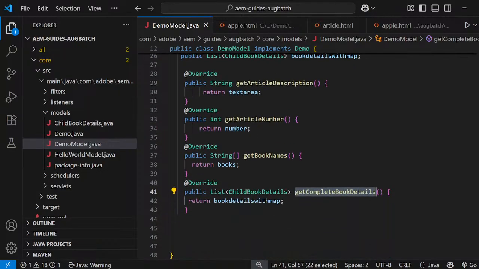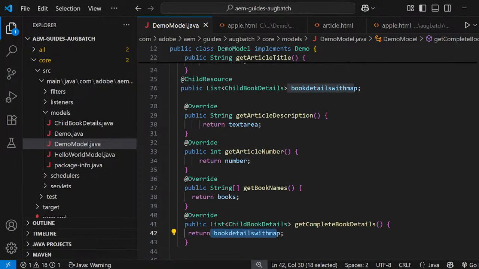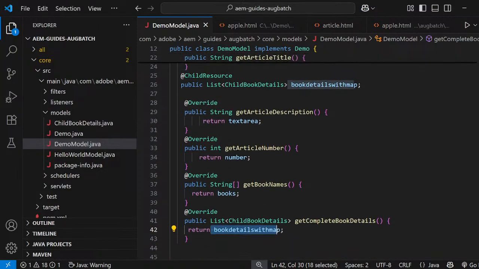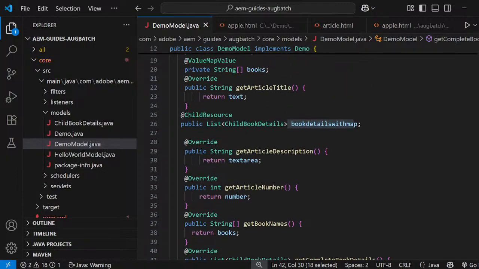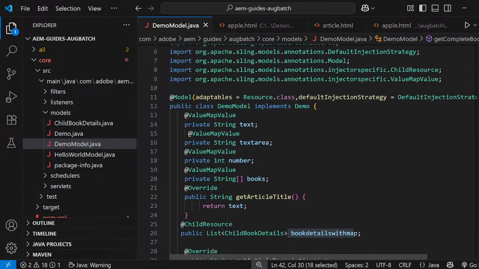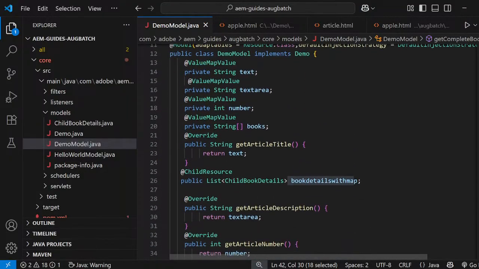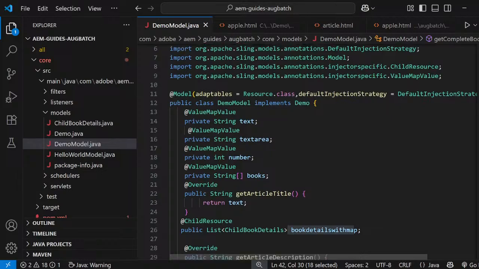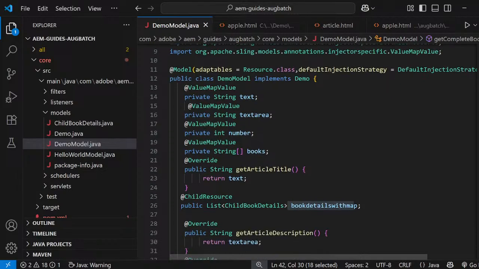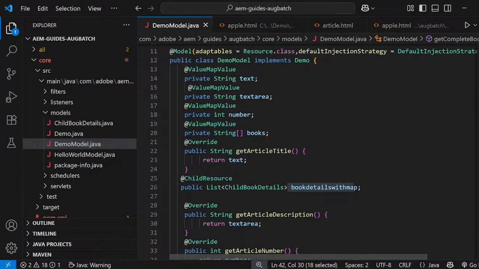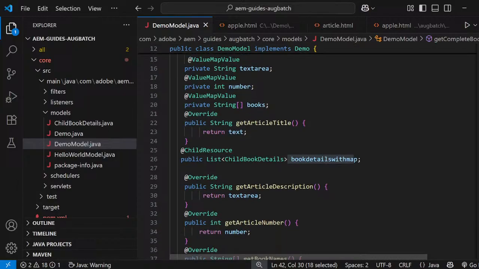So this is the method, it is returning the variable and complete details. Child book details with map,